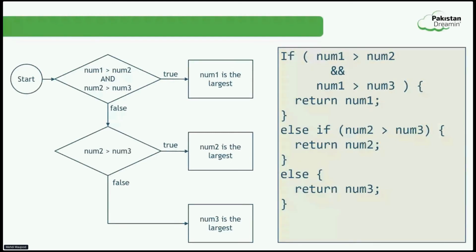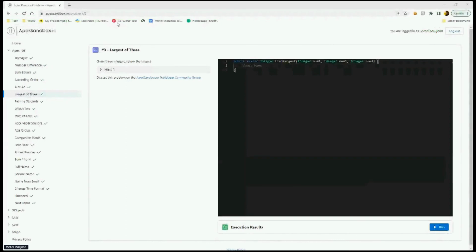And if you are writing code and you're struggling, you can't really get to it, sometimes a really good thing to do is to take a step back and build a flowchart. Just write the algorithm, just write the solution as a flow, and then see if you can come back and write the code. So let's try this. The code that we have just written here, let's get into the website and let's see if this does the job for us. Given three integers, return the largest. So what we talked about is if num1 is greater than num2 and num1 is greater than num3.